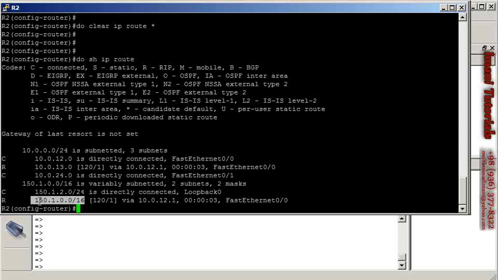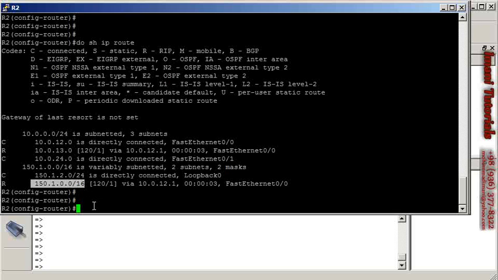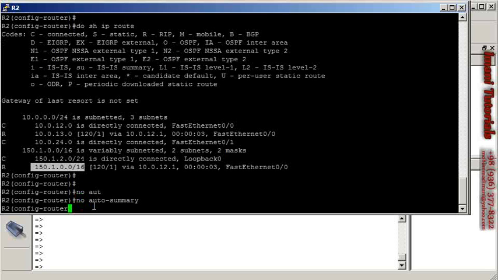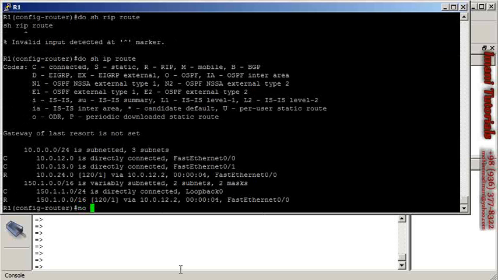That means any major network traversing my subnet will be auto-summarized if I do not disable auto summarization. And this is the reason that I do not see each network interface, although I have subnetted them using a 24-bit mask. To disable this, I add the no auto summary command here. And now that I have no auto summary, I should see